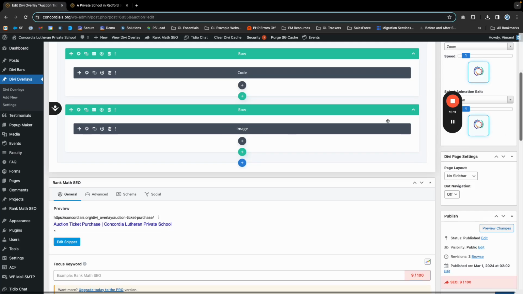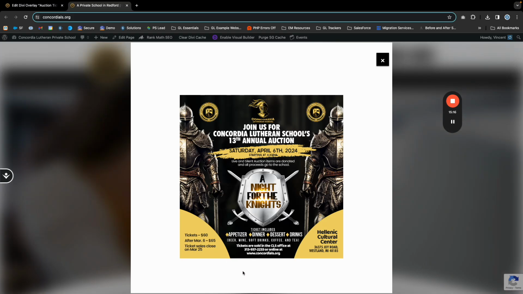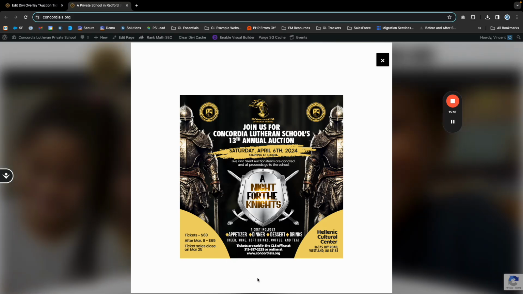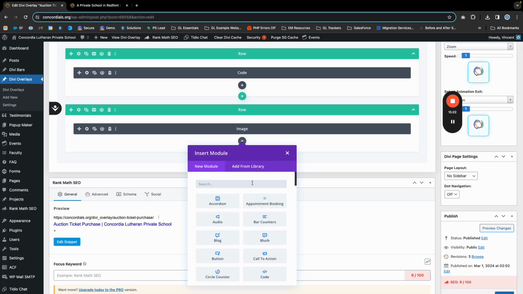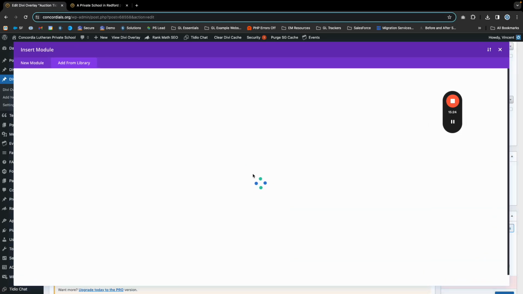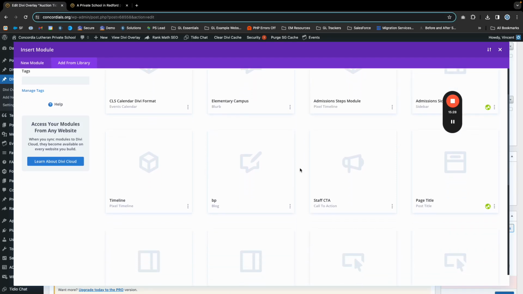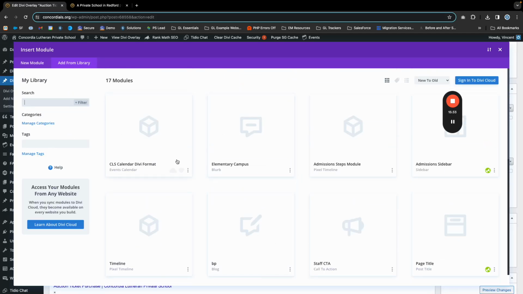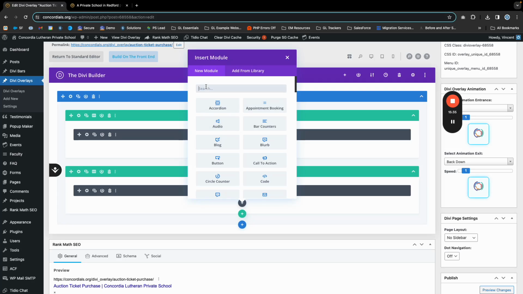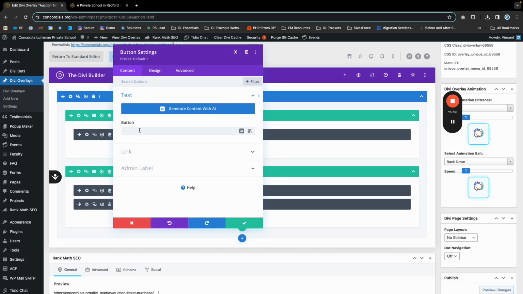For example, if you want people to register for the auction, fill out a form, something like that, you can always add a button down below, and that's easily done by clicking on the plus button to insert a module, add from library or new module, but I think I have a button, oh perhaps not, so I might just add a button here, and we can just say this is register now,